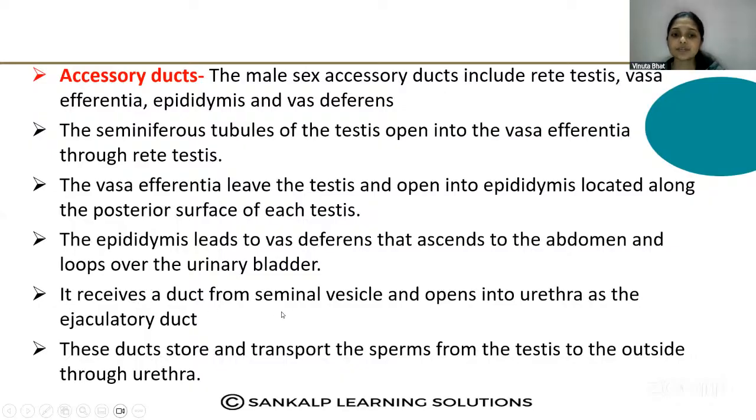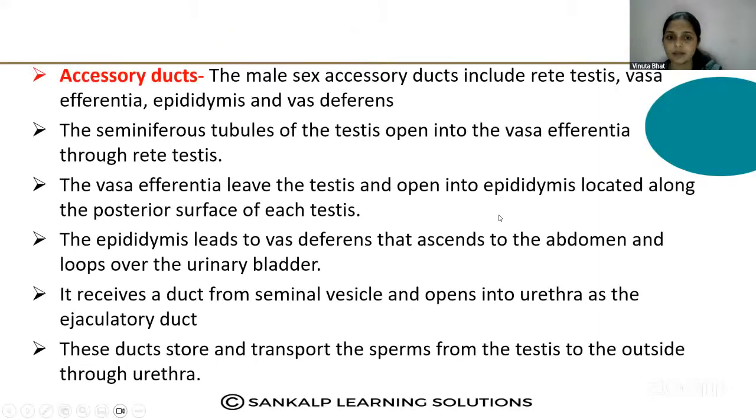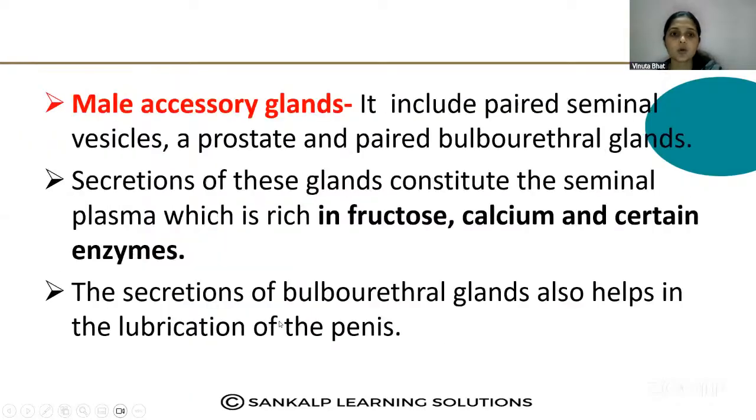It receives a duct from the seminal vesicles and opens into the urethra as the ejaculatory duct. So it receives the secretion from the seminal vesicles, prostate gland and bulbourethral gland. Then it opens into the structure that is called the urethra. That is the common passage used for urine and sperm. These ducts store and transport the sperm from the testis to the outside